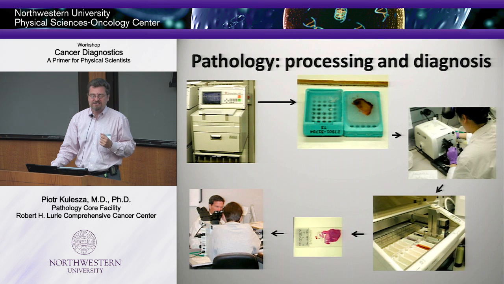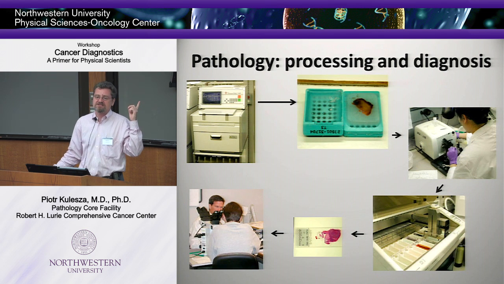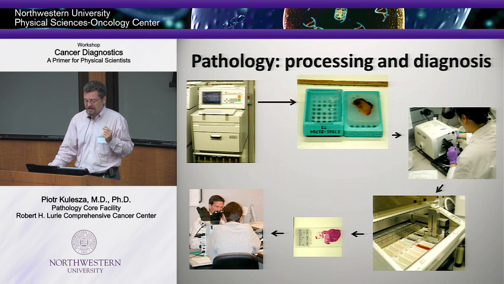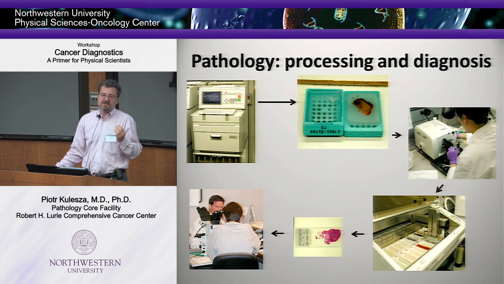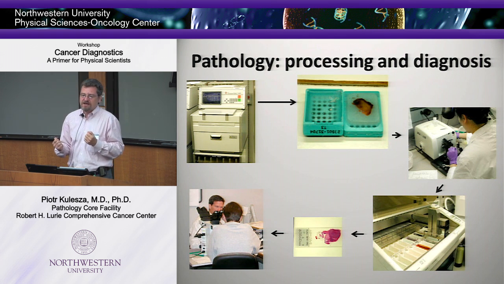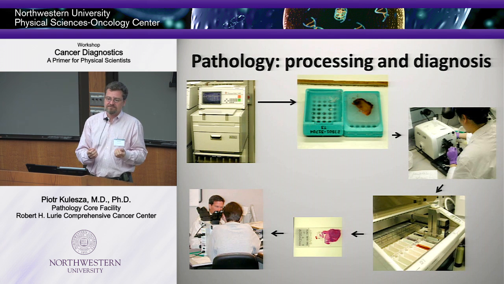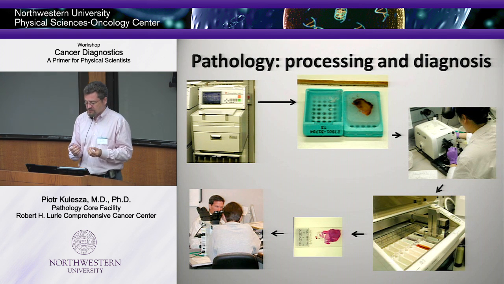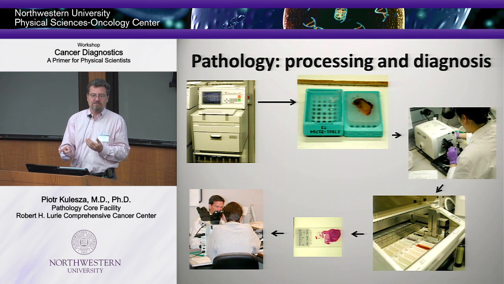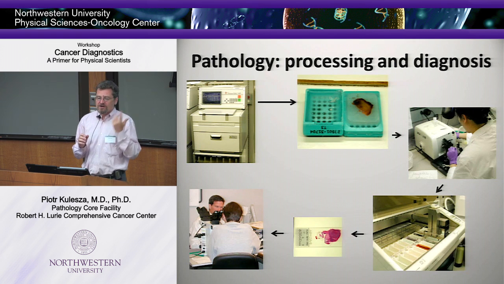So what happens next? It goes into this box, that machine there in the corner, okay, with the first arrow coming out of it. And the purpose of this is to take water out and put wax in, okay? The reason for this is that you need to get cassettes looking like these things green in the middle. Do you see the wax in there and how the tissue is layered? Now, water is out. This is now in wax, and now what we can do is we can put it